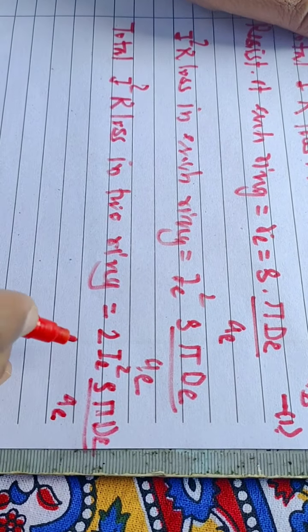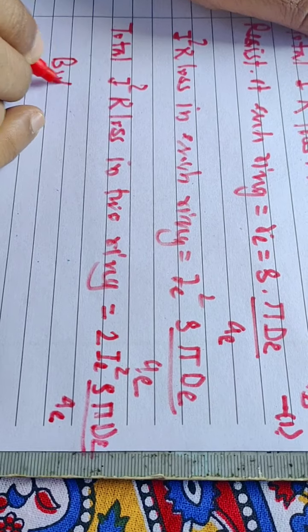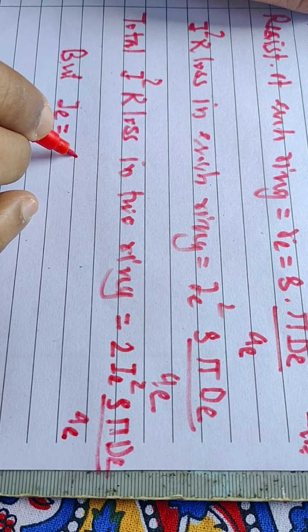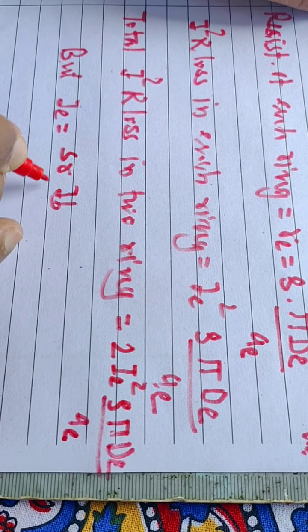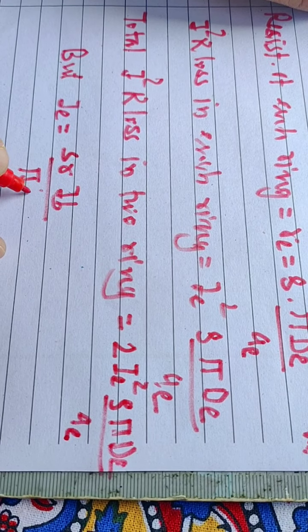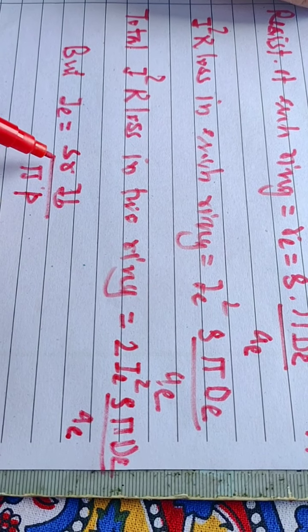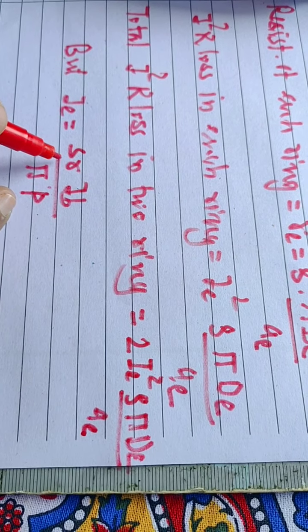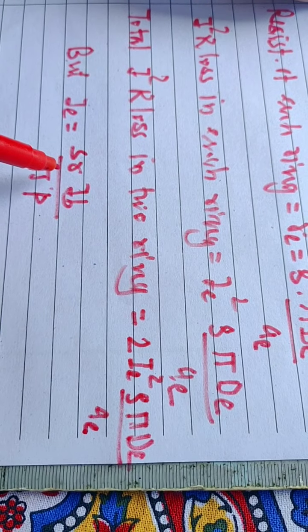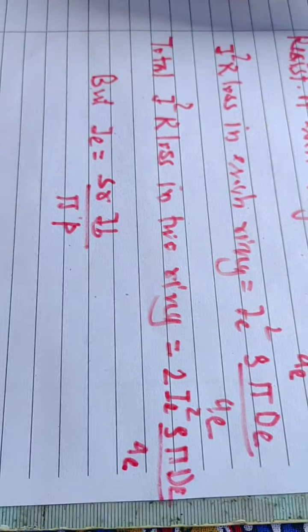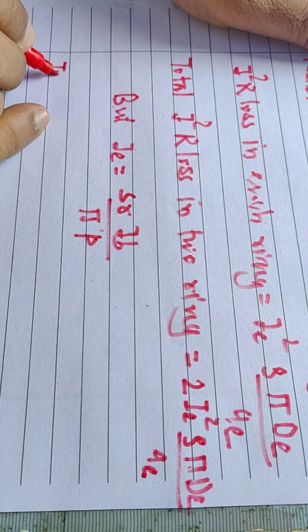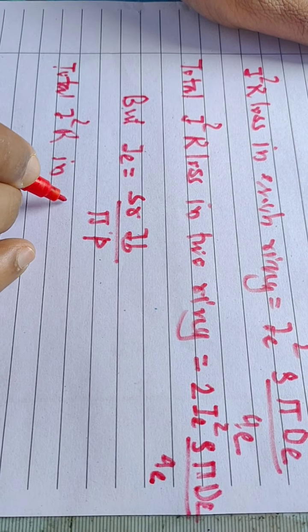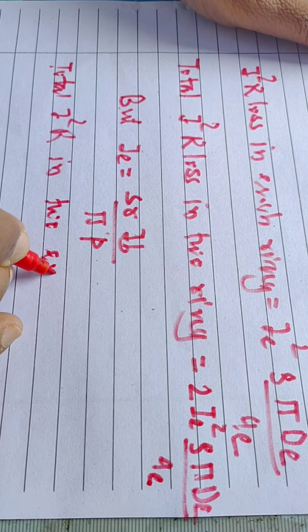Now we know the entering current IE is equal to SR IB upon pi P. This is entering current in terms of bars, entering current in terms of rotor slots. So substitute here. Therefore total I square R loss in the two end rings